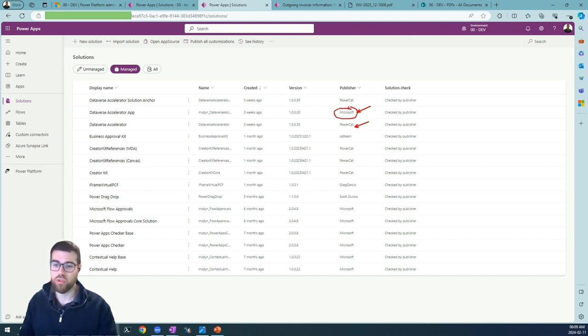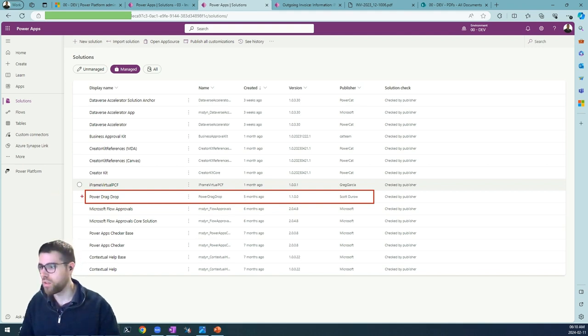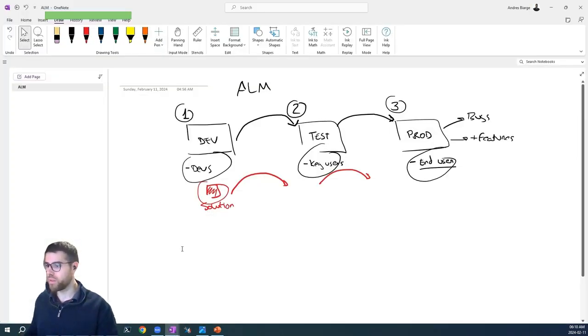Microsoft solutions will be solutions, let's say, from the system. The database accelerator, but for example, the approvals we have, if we are using approvals, when we install approvals in the environment, these solutions will be automatically imported into the environment, bringing these capabilities that allows us to use approvals. And the same if we, for example, here I'm using a different solution, the drag and drop component from Scott Duro. So I imported it into this environment in order to use these components that Scott already developed for the community. So what this means for Application Lifecycle Management is that here